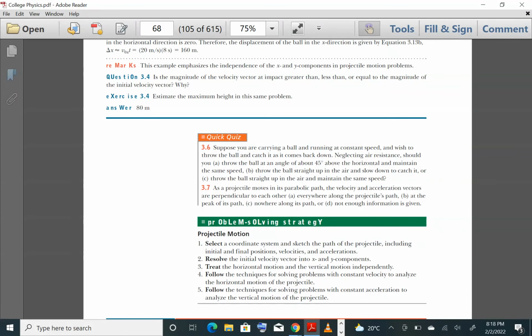And once you can answer those questions, then you should be in a comfortable place. So those are things which are very, very important. So you want to figure out initial and final positions, which is just the same as displacements, and then the velocities